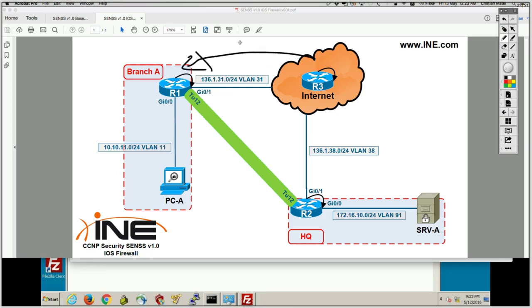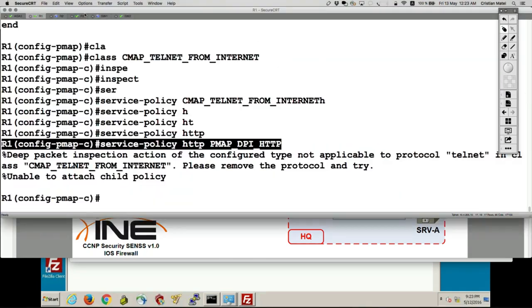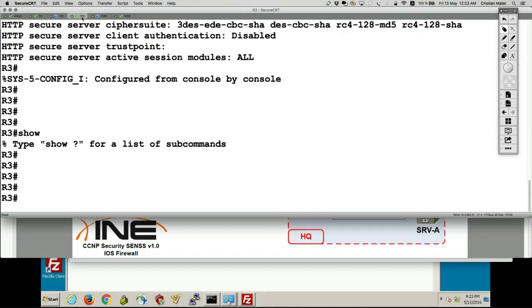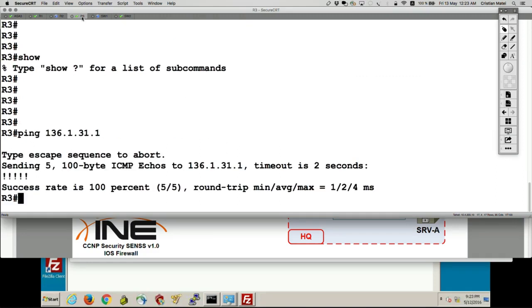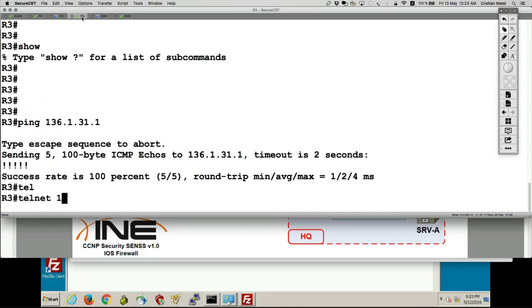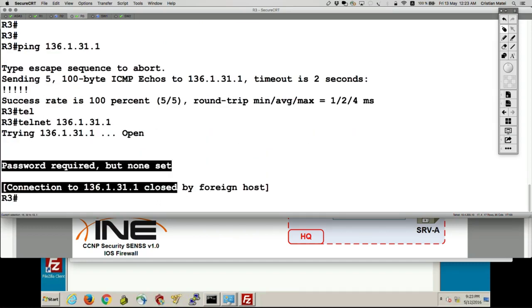Let's confirm that. Let's go on 3 and try to ping and telnet to router 1. So ping 136.1.31.1, telnet 136.1.31.1. Okay, there's no password, but it works.